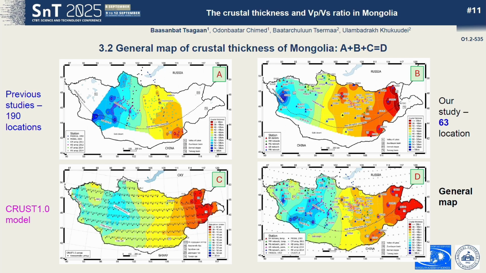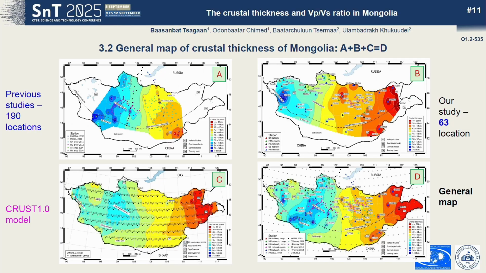Figure A shows the crustal thickness from previous seismological studies, and figure B presents results from our study. However, when combining these two data sets, some areas still remained without crustal thickness values.